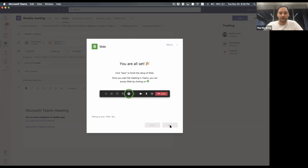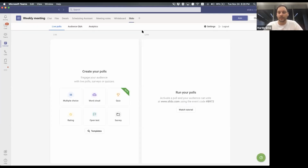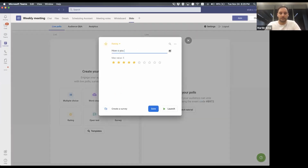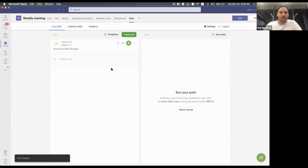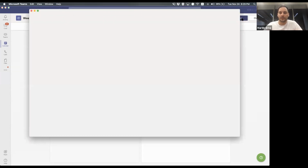I'm all set, perfect. Once I save it, you will see the traditional admin you are all used to directly in the Teams meeting. This is pretty much the way we built this integration. We are using our existing web apps that you are used to, whether it's the admin or the participant view, and putting them into Microsoft Teams. So this is still the pre-meeting experience where I can create a poll. I can even turn on the moderation. And once I join,